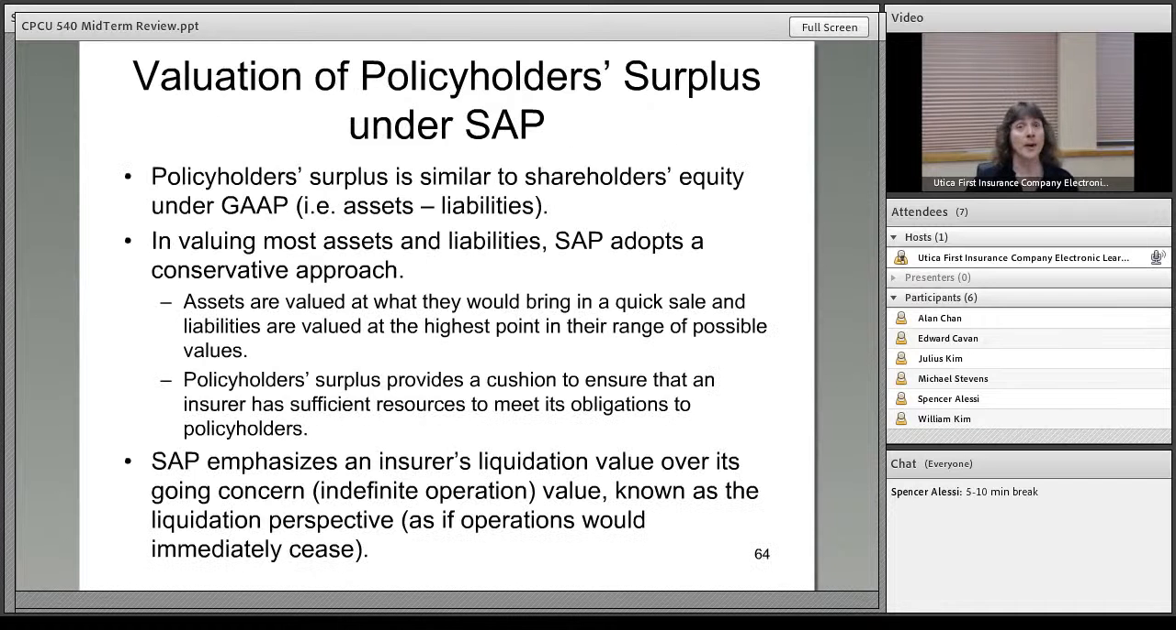The valuation of policyholder surplus is pretty important. Policyholder surplus is similar to shareholders' equity under GAAP, for example, or in other words, it's always assets minus liability. And in valuing most assets and liabilities, SAP adopts the conservative approach. So assets are always valued at a quick sale or a liquid amount, and surplus provides a cushion to ensure that the insurance company has sufficient